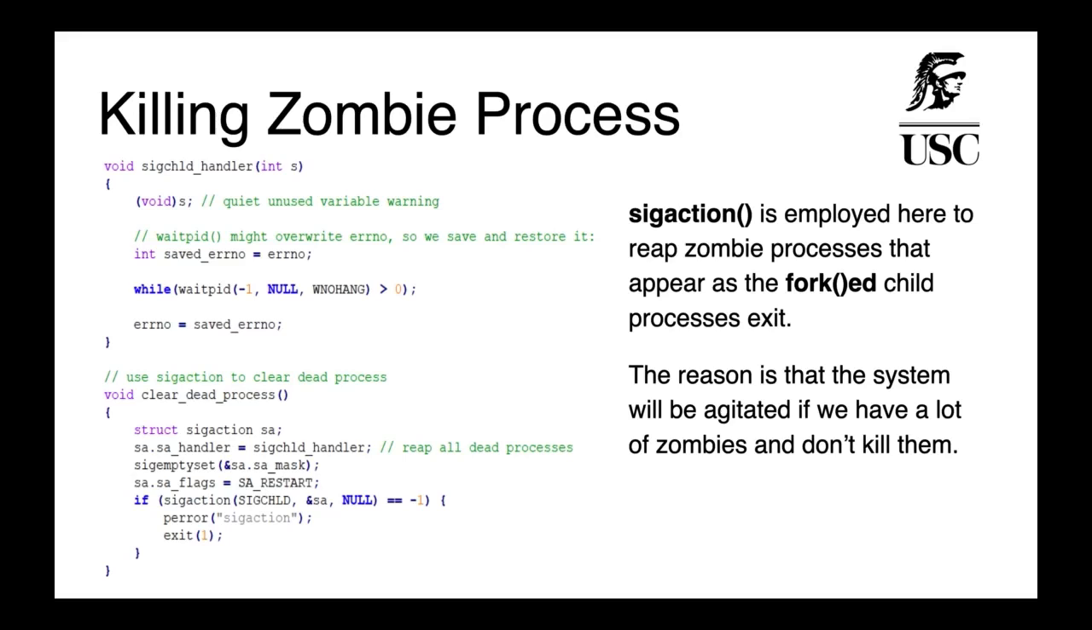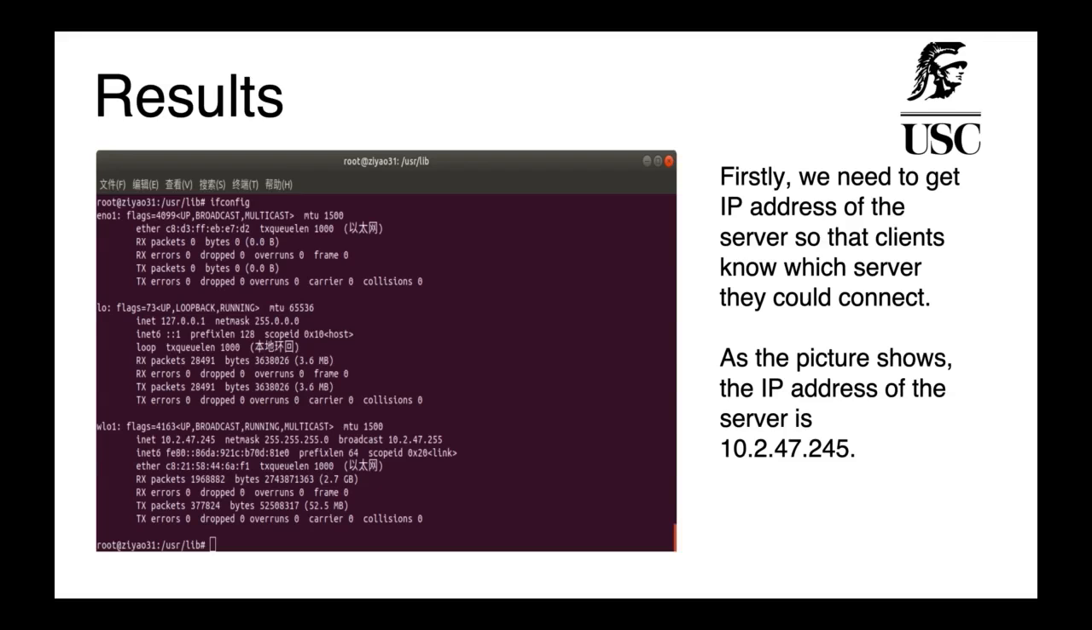So in our code, we use signal action to reap zombie processes so that we wouldn't have a lot of zombies in our system. And then I would love to talk about the result. The first part of our result is that we need to get the IP address of the server so that the client knows who to connect to. As shown in the figure, we have obtained the IP address of the server, which is